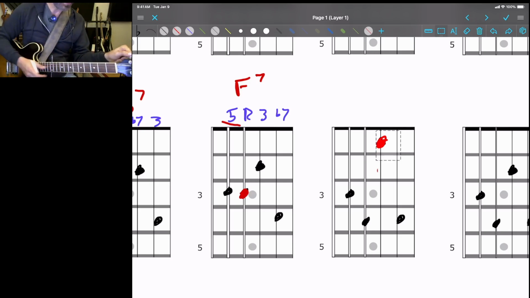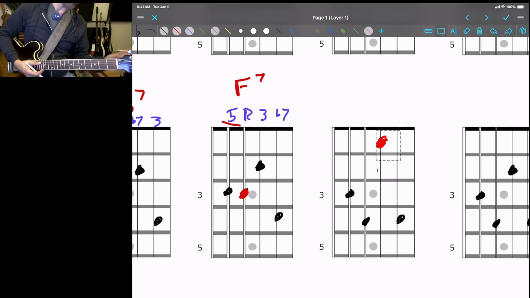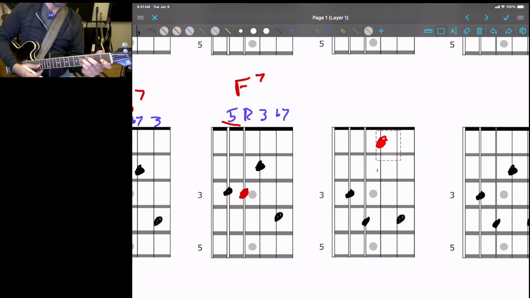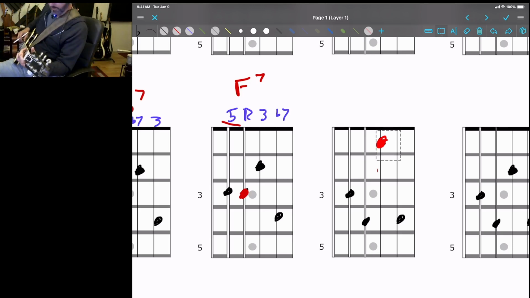And these are good voicings. Again, these are good voicings that when you're playing with a bass player and you don't want to grab the low notes, these come really in handy. So that might sound weird by itself, but if the bass player, you know, see if I can get all